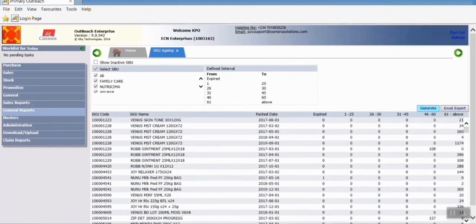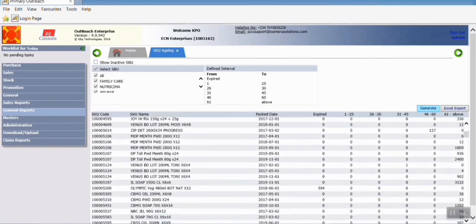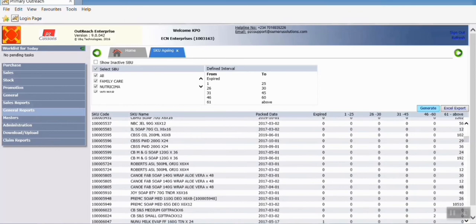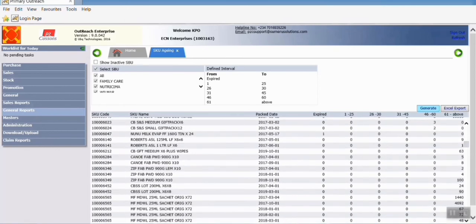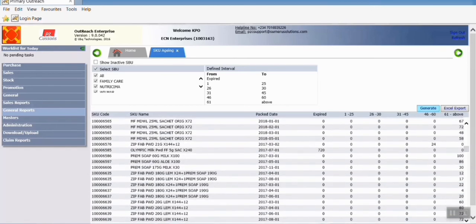So unluckily for us, we have some few items that have already expired, which include Nunu bag, which we have one, as well Olympic yogurt. We have 594 cases. We as well have one Nunu Olympic powder